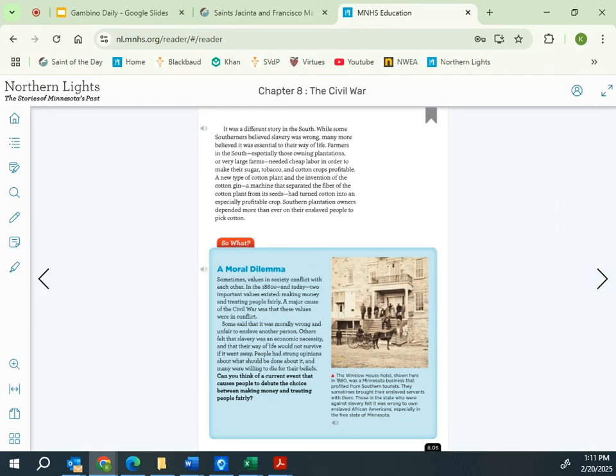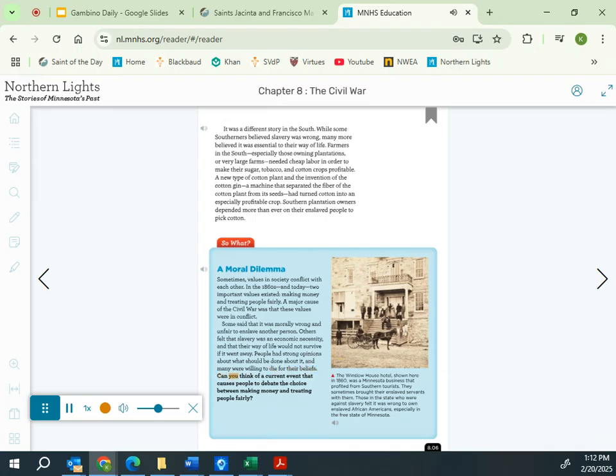All right, moral dilemma. So what? A moral dilemma. Sometimes values in society conflict with each other. In the 1860s and today, two important values existed: making money and treating people fairly. A major cause of the Civil War was that these values were in conflict. Some said that it was morally wrong and unfair to enslave another person. Others felt that slavery was an economic necessity and that their way of life would not survive if it went away. People had strong opinions about what should be done about it, and many were willing to die for their